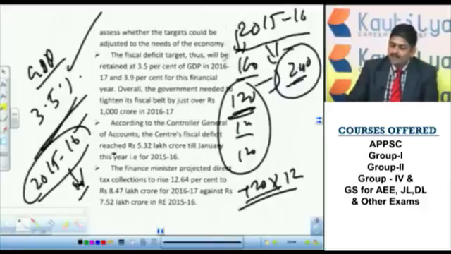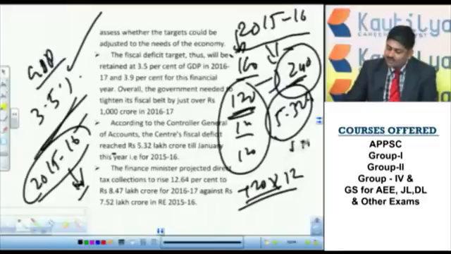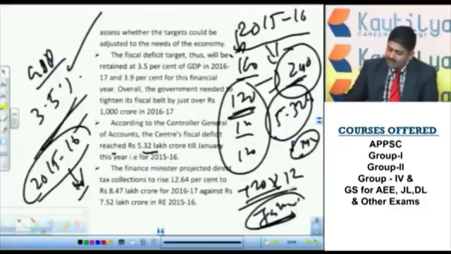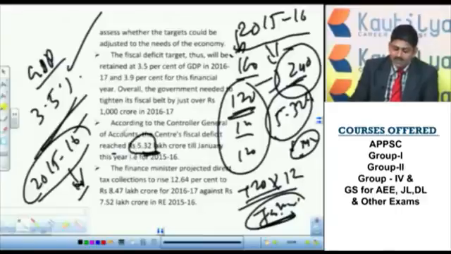This I have taken for 100 crore, but our actual target for 2015-16 is that it should not be more than 5.32 lakh crore. This is till March 31st, but the Government of India had spent more than that amount by January itself. That means we had to control the spending by March 31st 2016, but by January itself we reached this amount. That is the meaning of this particular figure.